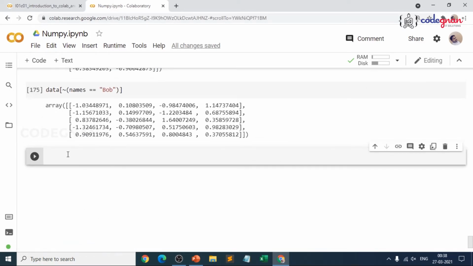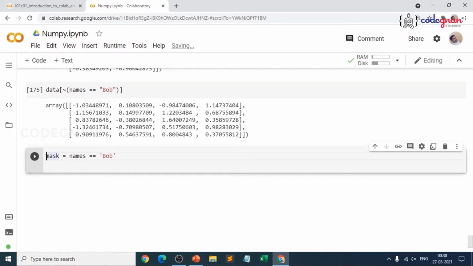And you can even go for Boolean arithmetic operators like ampersand and bar. For that, I could create one more variable like mask, where I only want Bob and Will names. I don't want the other, Joe. So names is equal to Bob, where I'll be using the Boolean arithmetic operators like ampersand and bar.